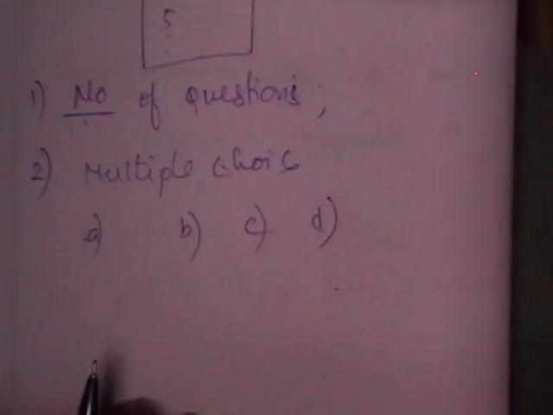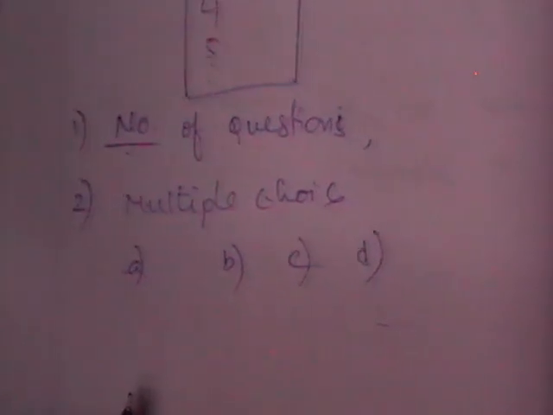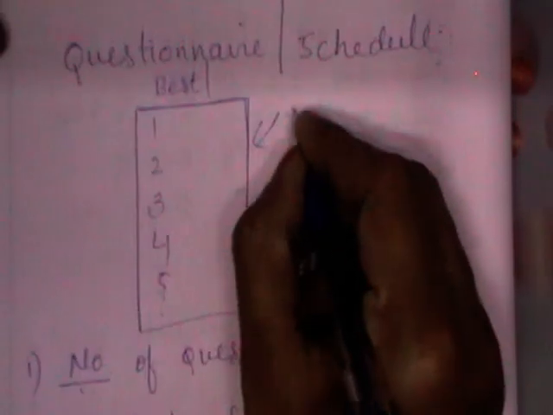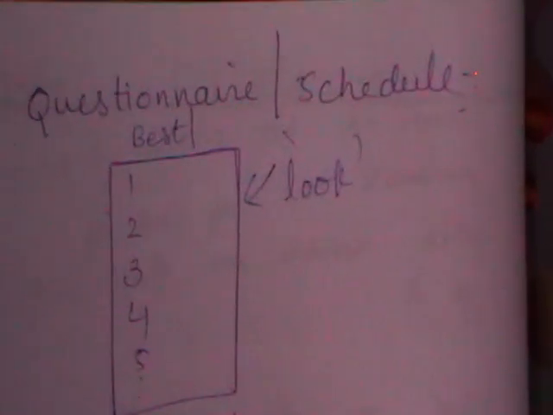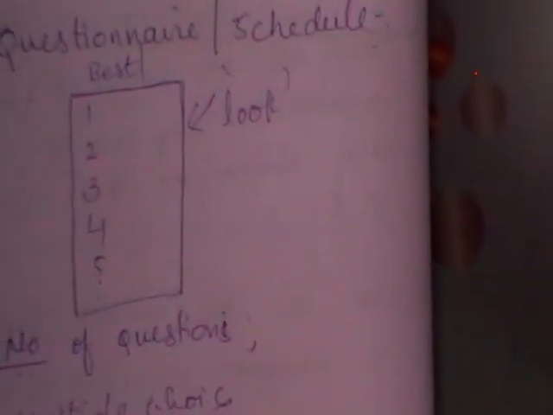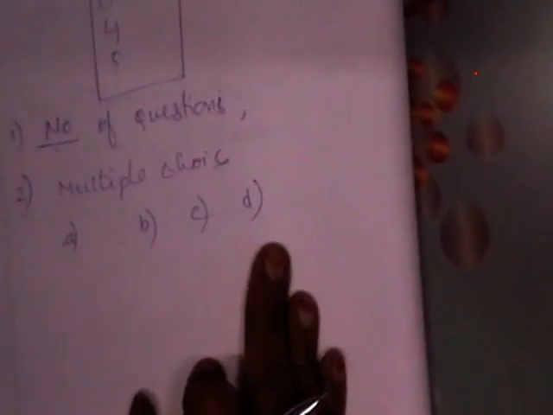And also, the questionnaire, I mean the printed paper or whatever it may be, should have a good look to give a good first impression. So when do you call a questionnaire a good one, or the best one? The number of questions should be less, there should be no ambiguity in the options given, it should not contain too many related options, it should have a good look, and there should be no repeated questions.